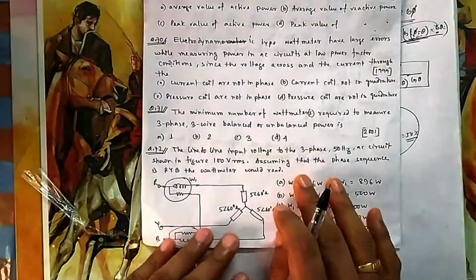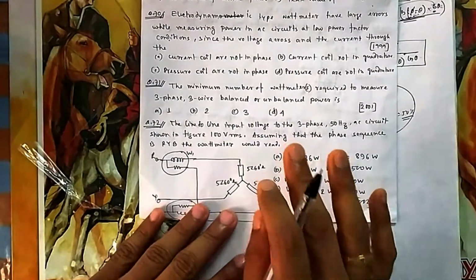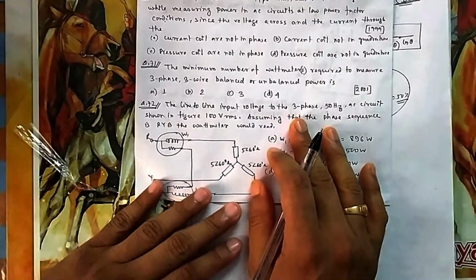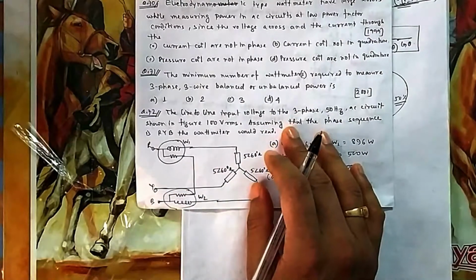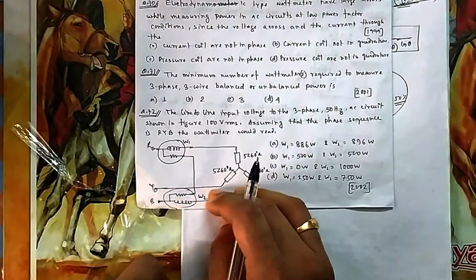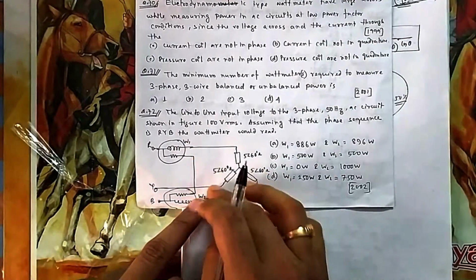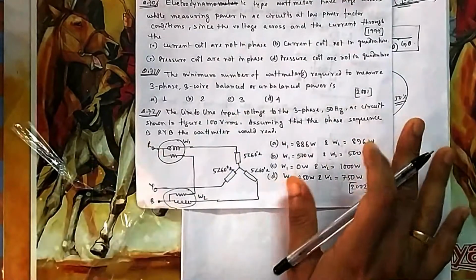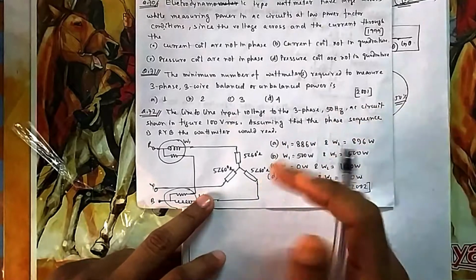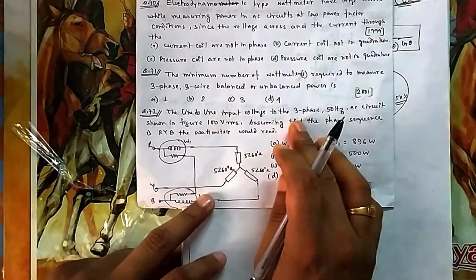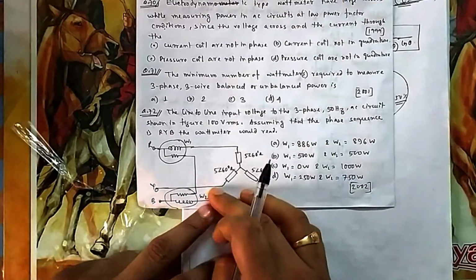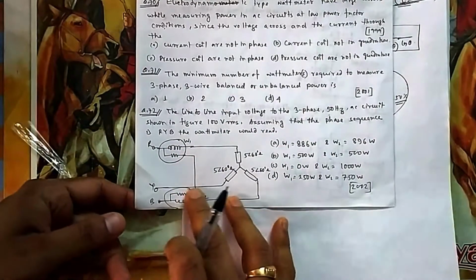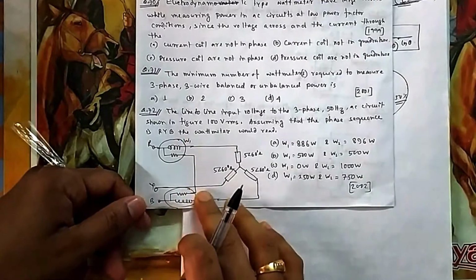The one thing that you should prepare for any electrical exam, for any PSU job, anywhere you are applying for exams in electrical engineering, is the 2 wattmeter method and the different connections of the wattmeter in 3 phase. This is very important. These are common questions. So the line to line input voltage for a 3 phase AC circuit is shown. Assuming this is the standard connection RY, and this one is connected in between, the phase sequence is RYB.